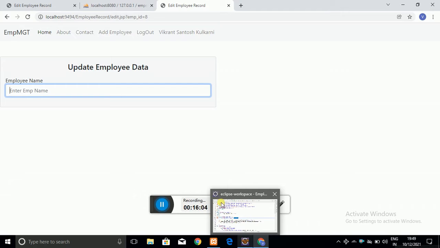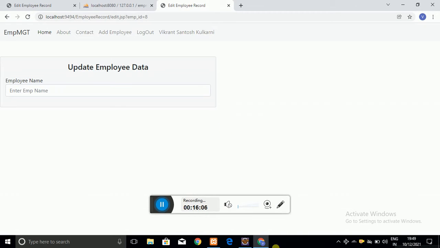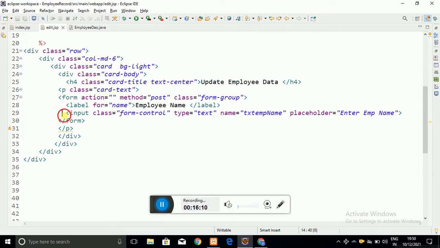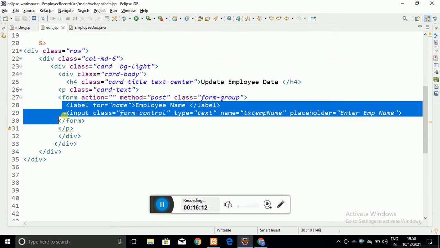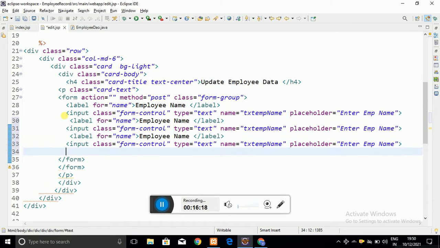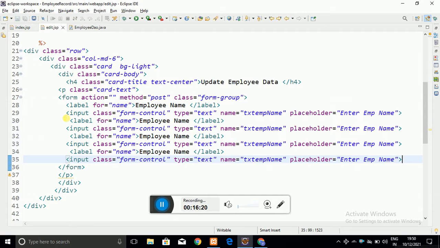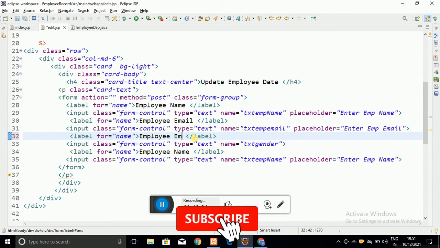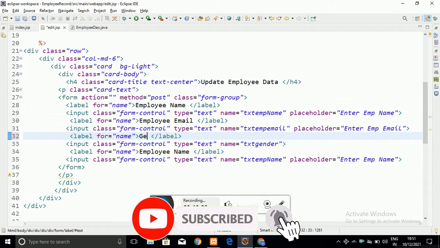So here I have created only one field. Let me create the other fields also. Just copy and paste the above label and input field, and I just have to change the labels to what we require.